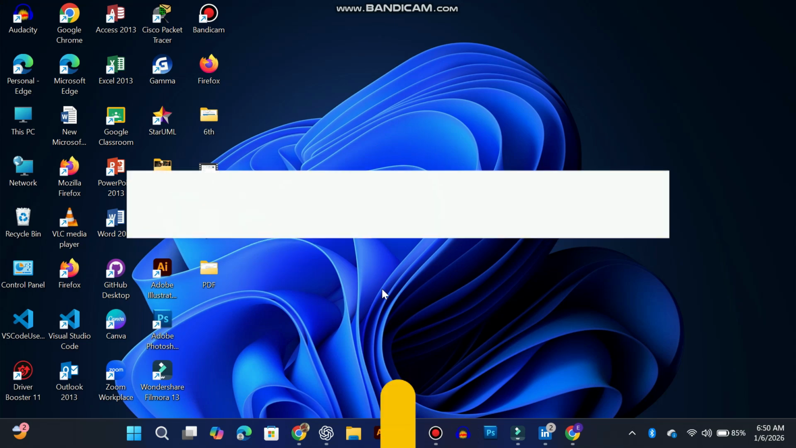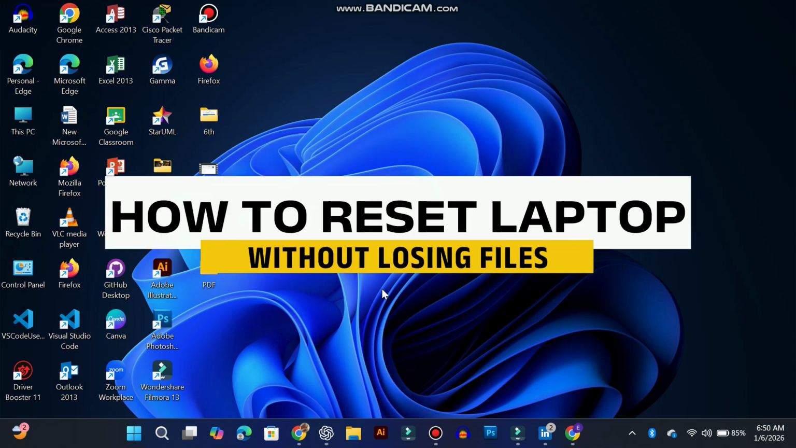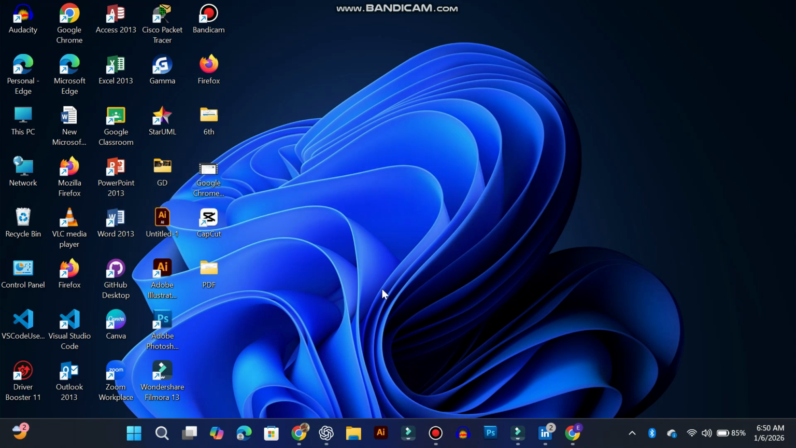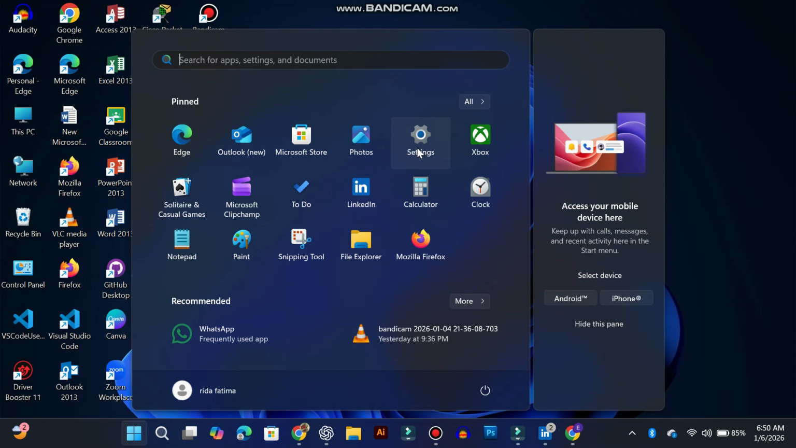In this video, I'm going to show you how to reset your laptop without deleting your files. This can be very helpful if you are facing problems with your computer and want to reset the settings back to their original defaults. To do this, first open the Start menu, then search for Settings and open the Settings